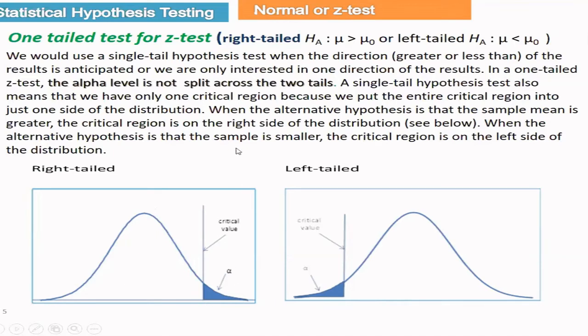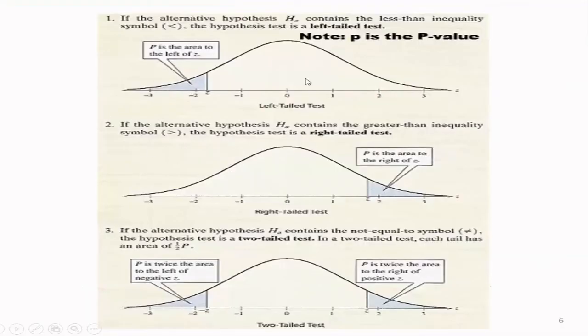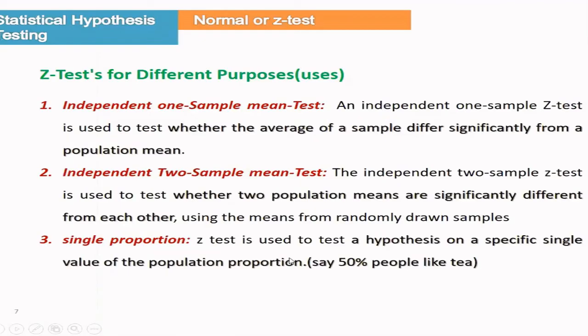Okay, let us go. So this is the view for the left tail test. If you have the critical region on the left side, the P value will also fall in the critical region. If you have the right tail test, with critical region alpha, the P value will also fall in the right tail. And if you have a two-tail test, with alpha by 2 in each tail, our P value will fall on the left side or right side, but we have to multiply by 2. We'll do it in detail. Okay, let's go to a practical example.